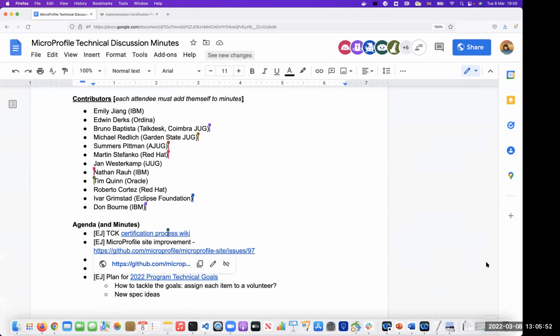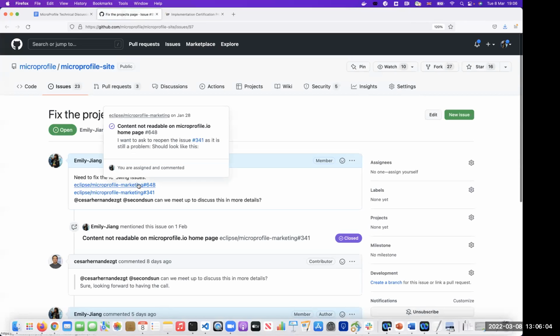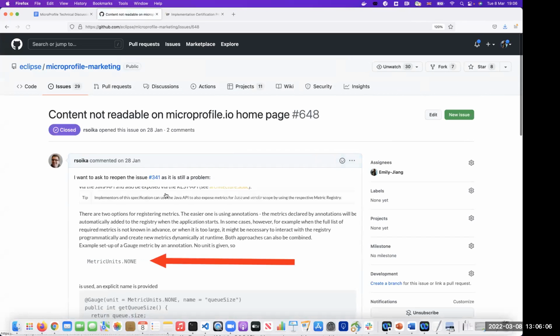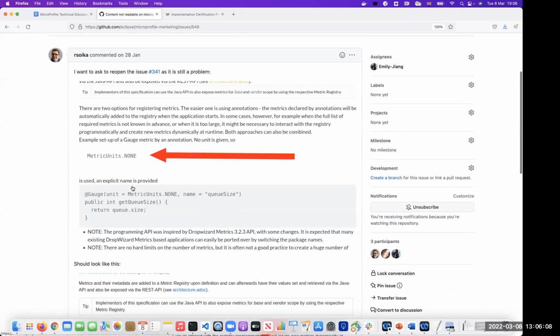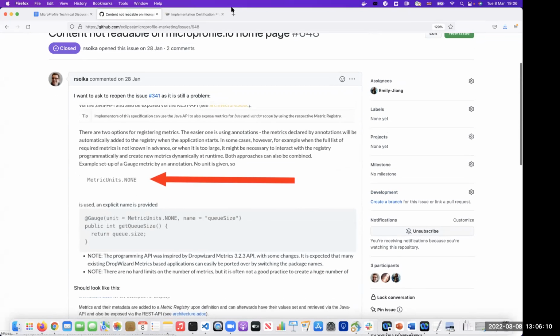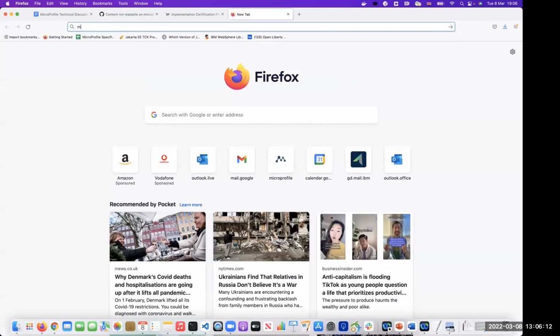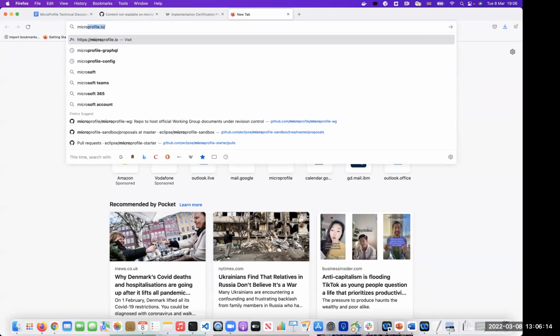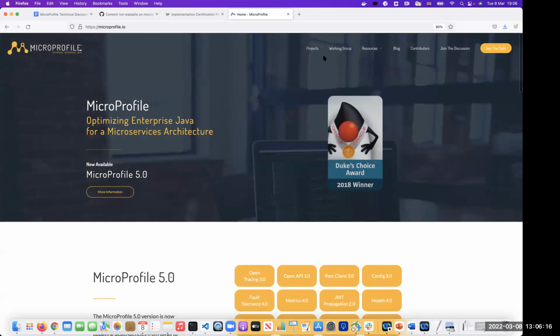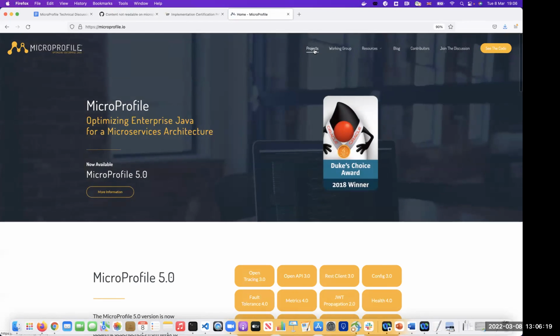last week on Friday, Summers, Cesar and I got together to look at the issue about the site. Basically, you can see it's not rendered correctly on microprofile.io. Quite a few people complained about this one. If you go to the project,